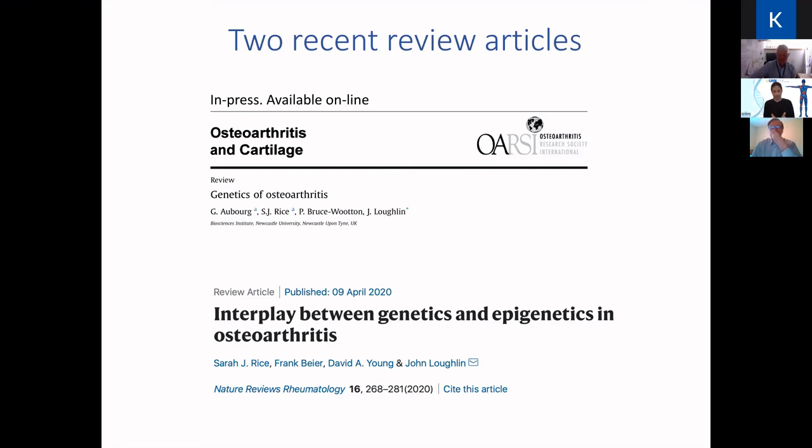I read the review article on genetics and epigenetics, which was published in Nature Reviews Rheumatology from your group. And one thing which really intrigues us is how we can really utilize the expertise in genetics and also epigenetics. Are you taking the same samples which you're subjecting to the genetic analyses as well as GWAS, and then looking at the epigenetic regulation as well to really parse out the mechanisms here?